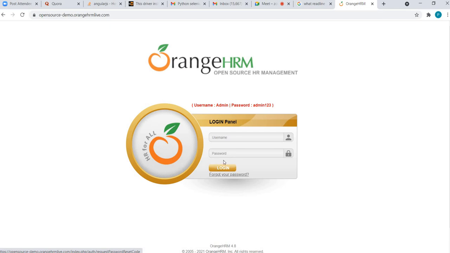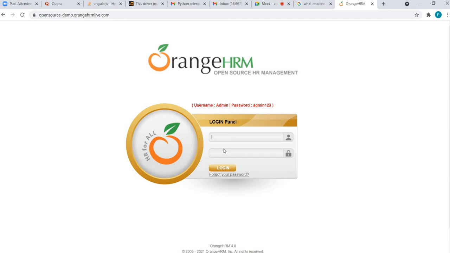But let's say the behavior of the application is such that when you enter, say, a username and password, it gets verified, and once the verification is successful, a button appears, and then within a few milliseconds it becomes clickable also.